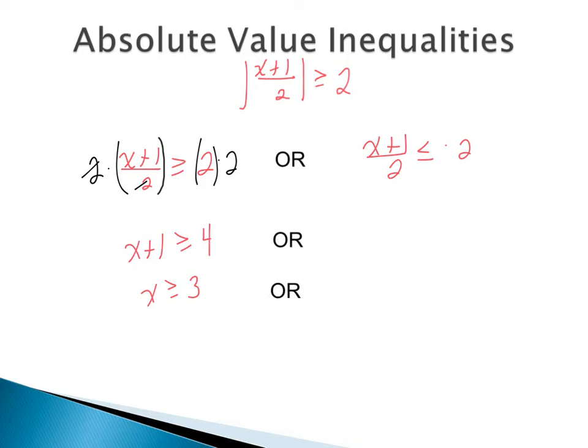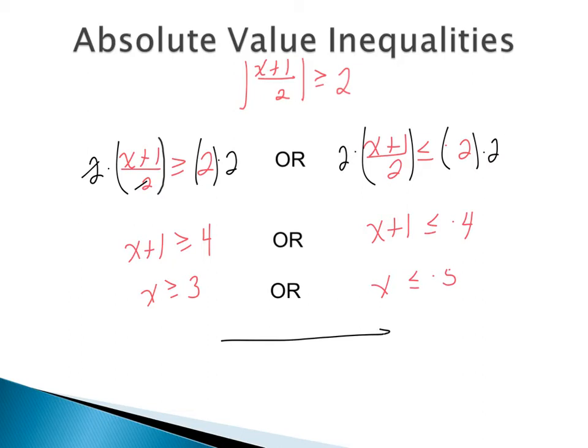Then on the right hand side, we would have, again, multiplying both sides by 2. Still not flipping the inequality around, so we're left with x plus 1 is less than or equal to negative 4. So when we solve this, then we're going to have x is less than or equal to negative 5. So we do have two pieces. My suggestion is to actually graph it on a number line first. That way you can visualize what each inequality means. So we have our 0, we're going to have a negative 5, and then a 3.